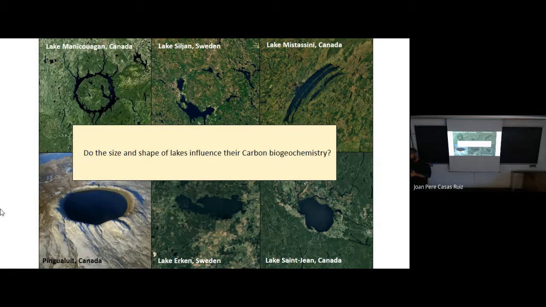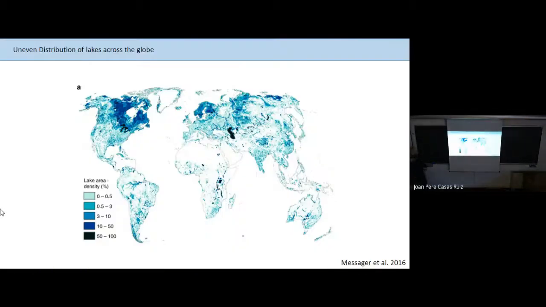And to start with, we had a look at basically lake geography. So how are these lakes distributed and what are their size, etc. And I got interested in different lake geography facts, like for instance that there is a clearly uneven distribution of lakes across the globe, right? Some areas have no lake at all. Some others are very, very rich, mostly in the northern regions, in the boreal biome. There's the highest density of lakes, particularly in the Canadian Shield here.